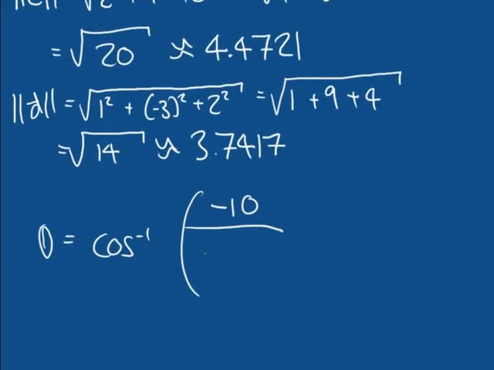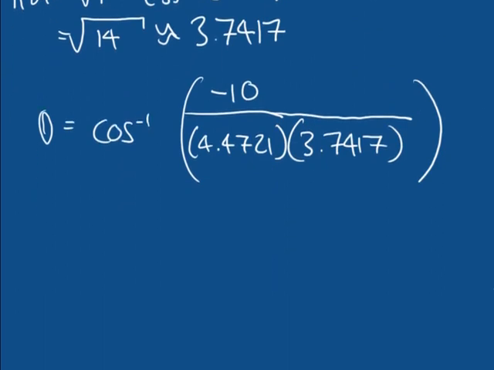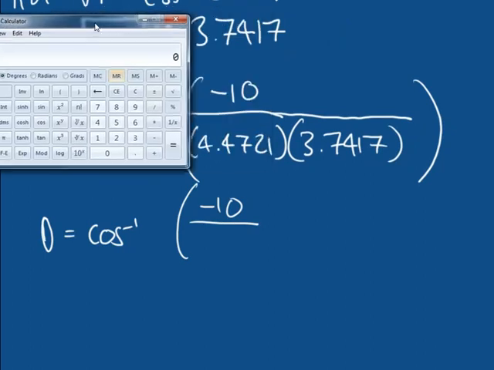So the length of C is 4.4721 multiplied by the length of D, which is 3.7417. That's divided by that. So it's the inverse cosine of our dot product divided by the length of C times the length of D. So we can now evaluate this. So we know that theta is going to be equal to the inverse cosine of minus 10 divided by, we can use a calculator to work this out, so